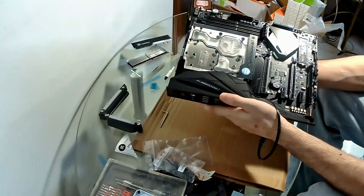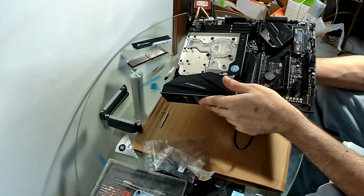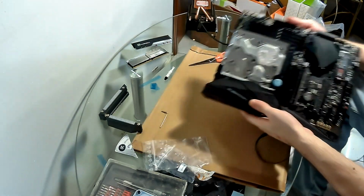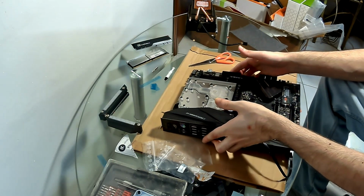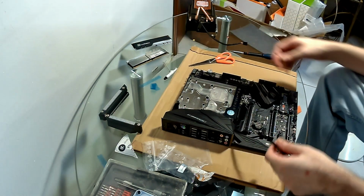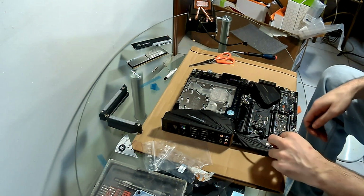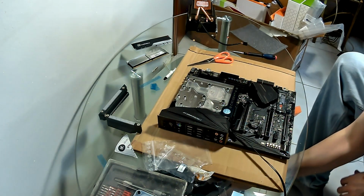Nice, very nice. This is going to be our in and our out. Hopefully I haven't squished all that thermal paste around in places where it shouldn't have gone. Hopefully, we shall see. We do have this pain in the ass wire here. Anyway, so that's that part done. Now all that's left to do is